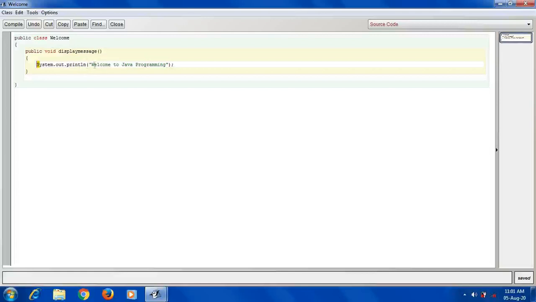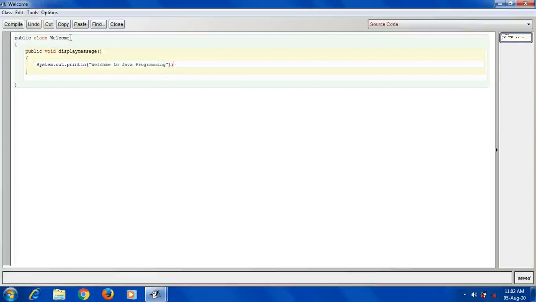And open the round bracket, put the double quote, and write whatever you want to display on the output screen. Whatever you write in this double quote will be printed as it is on the output screen. Then close the double quote, close the round bracket, and put the semicolon at the end of that sentence. Means this semicolon indicates the end of the sentence.